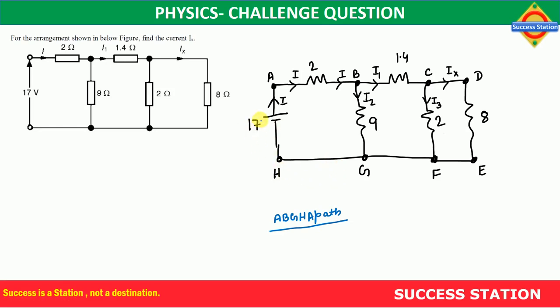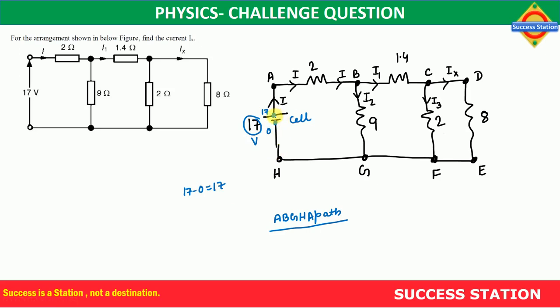When I'm saying this has 17 volts as potential difference, this is a cell. A cell has 17 volt as potential difference. It means whenever I see 17 volt, it is a potential difference. So I can say this is higher potential, this is 17 and this is 0. Potential difference means higher potential is 17, lower is 0, so the difference is 17 minus 0, which is 17.